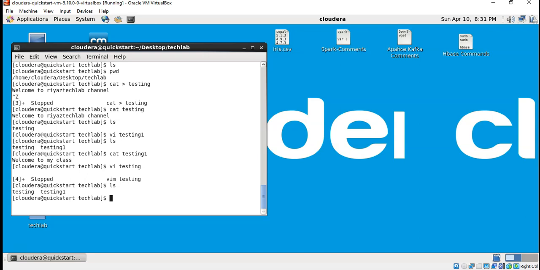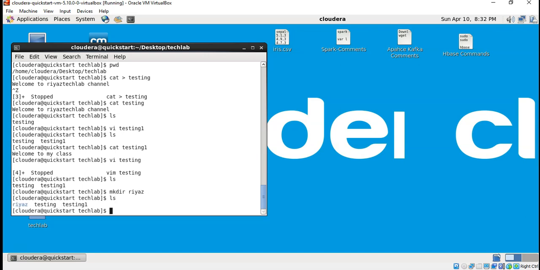So this is the method of creating files with Linux commands. The easiest is a right click. With commands you can do it like this. And to create a folder you just need to type mkdir. I just want to type Riaz, my folder, then type ls. You should see it in blue color, which means it's a folder. These are the simplest methods to create a file. You can also copy and paste your logs,